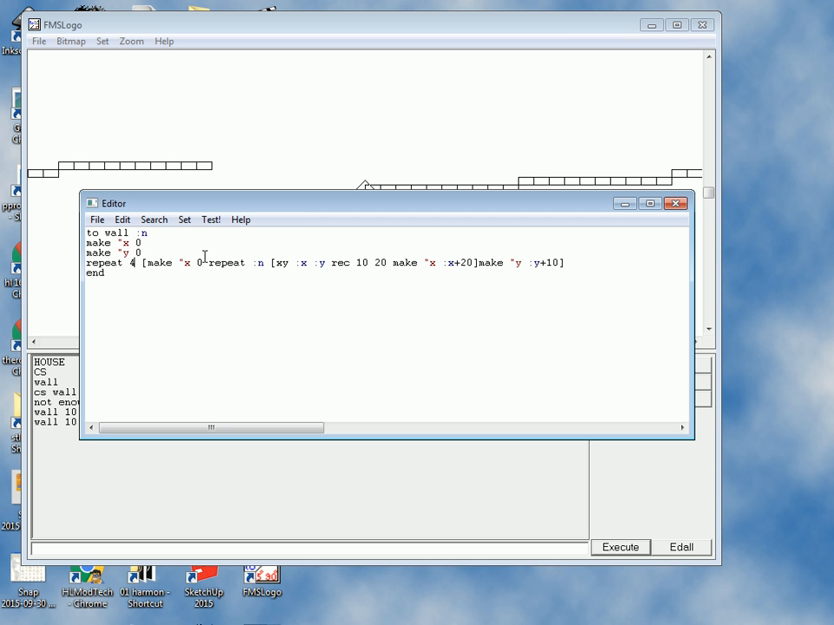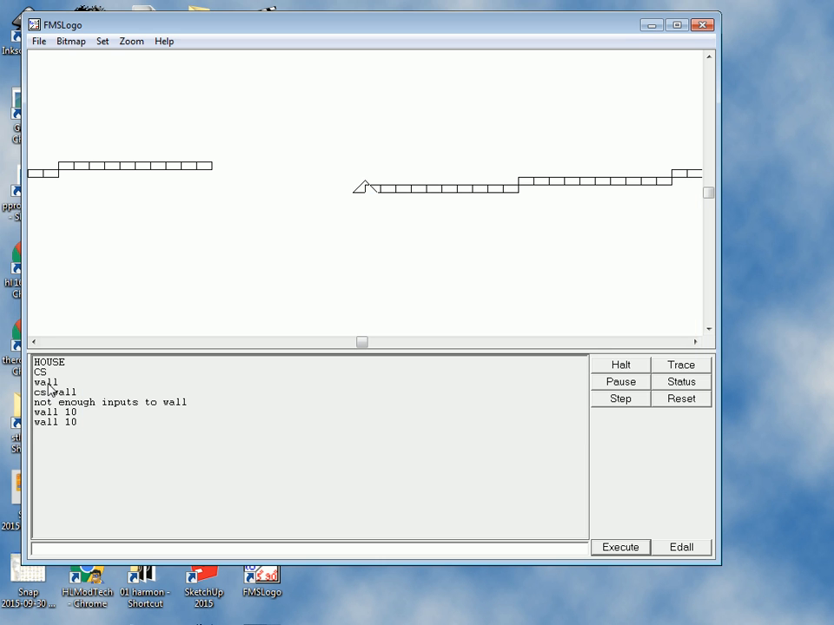And then we need to make X come back to 0 because X has to start over for the next row. Then we still have our same repeat all the way out here, but after the wall gets created, we have to make Y, which is the height, increase by 10. When you hit File, Save, and Exit, and do CS and do Wall 10, you will now have a stacked